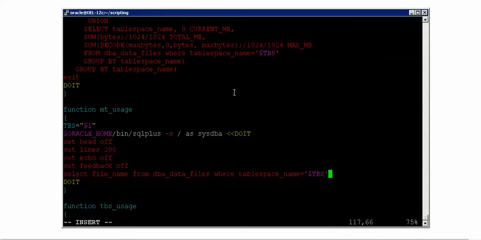Now you are capturing this into a variable value, right? So now this is what you have to do.